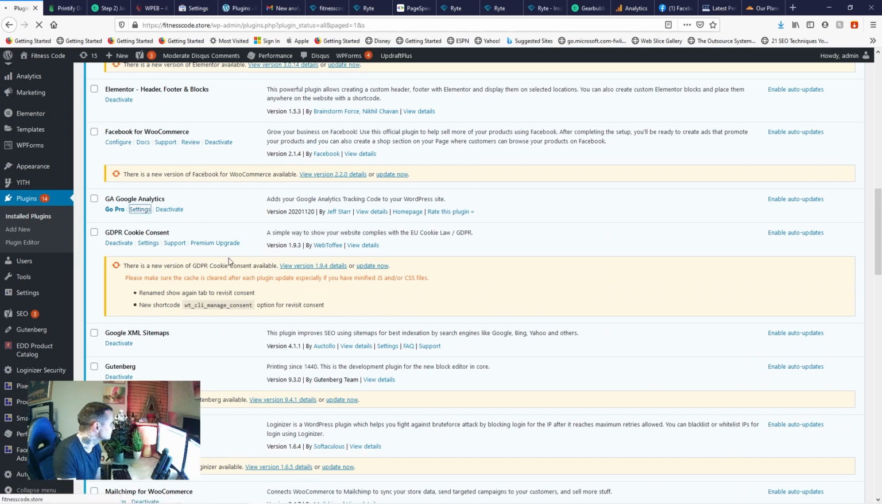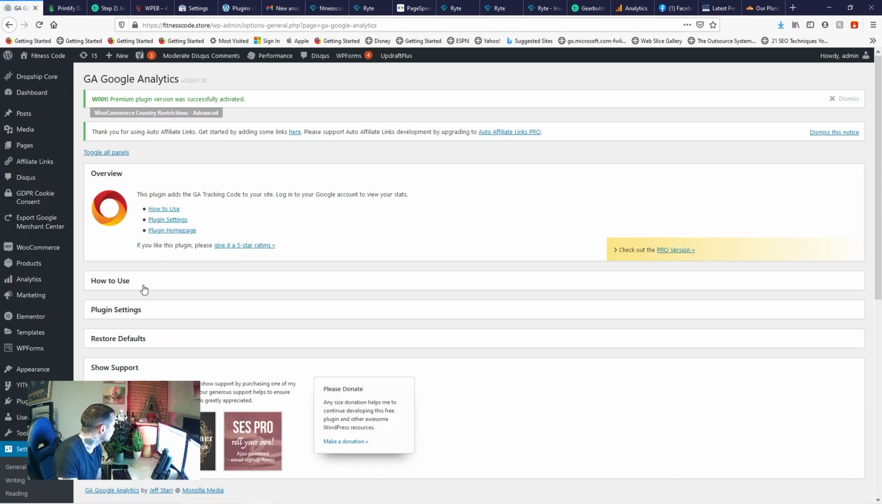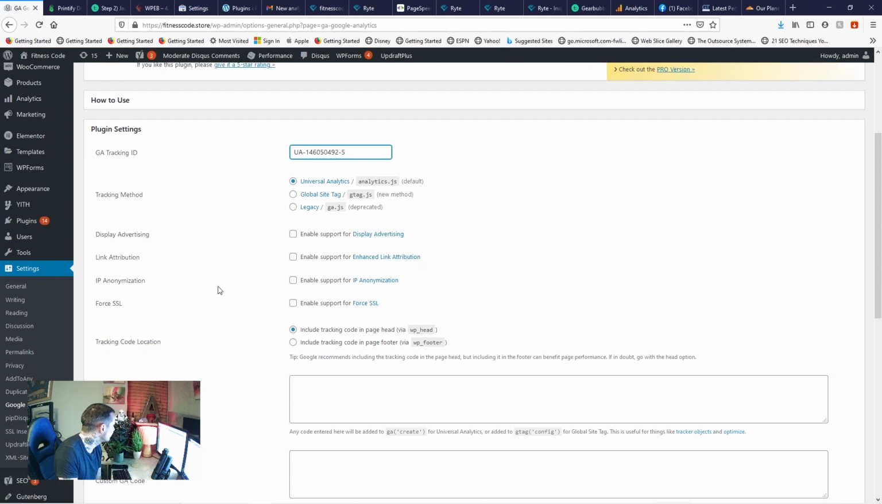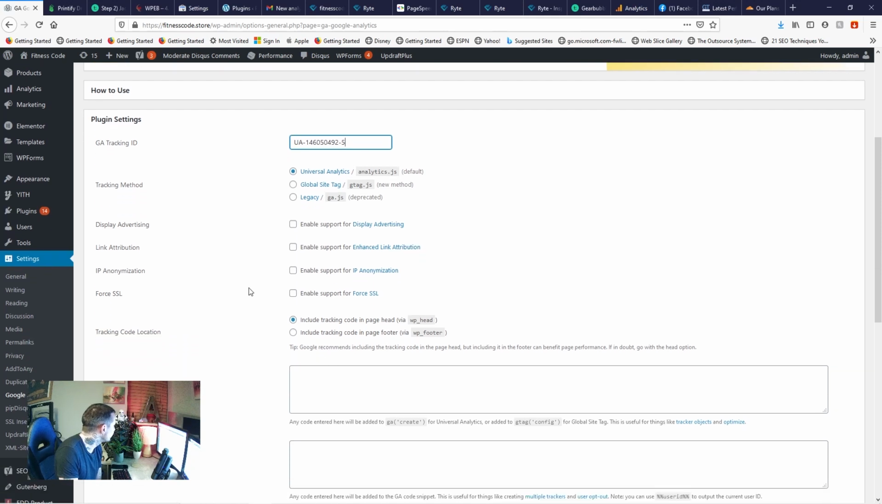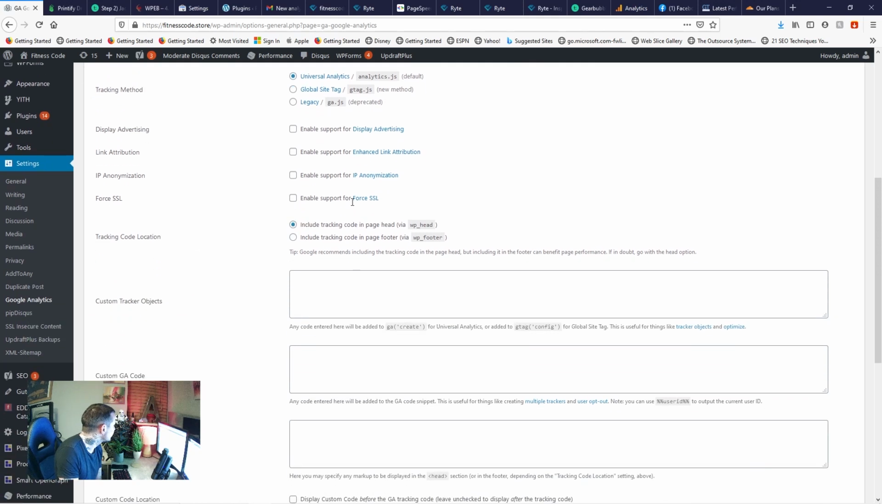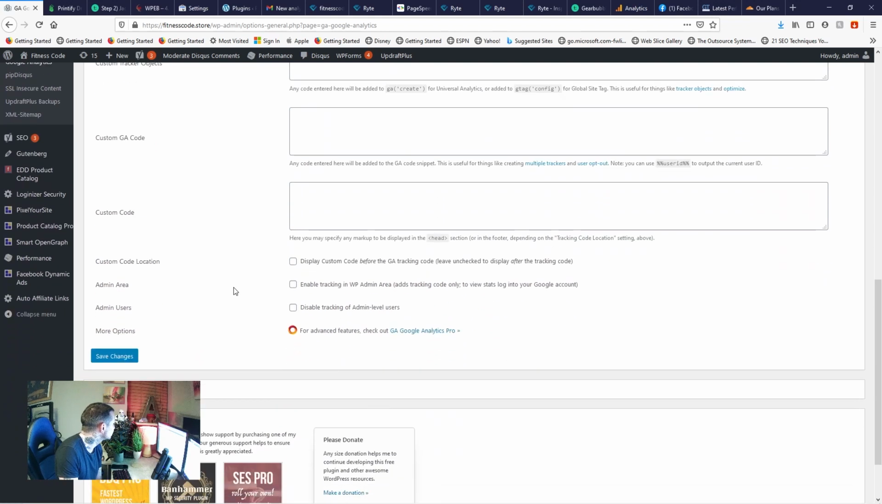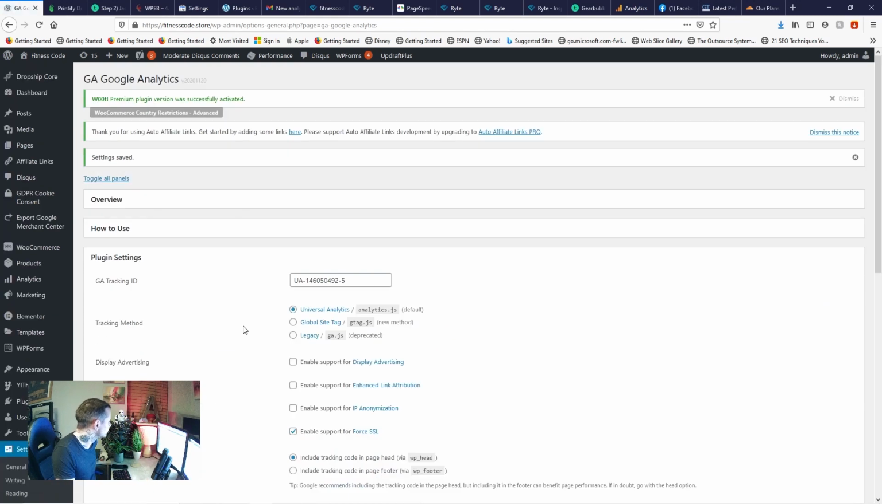Settings. Plugin settings, Google tracking. Make sure it's on Universal Analytics. Display advertising, enable support with delay. Enable, no, we're not worried about that. Enable support for Force SSL. Well, we've already got that in anyway. In the head, yes. That's alright. Okay, so that's that. And then there's another plugin,